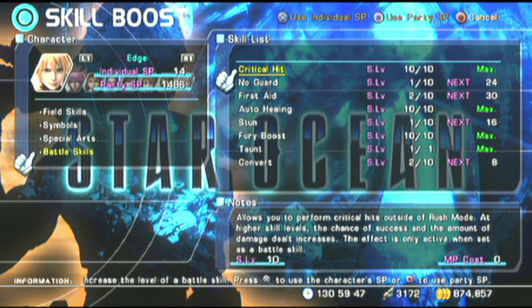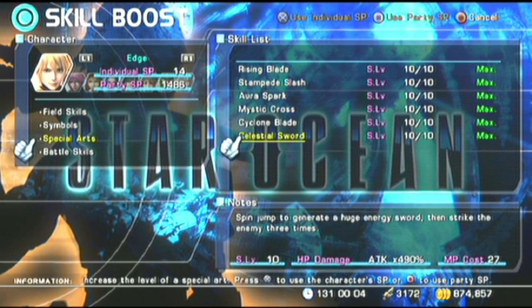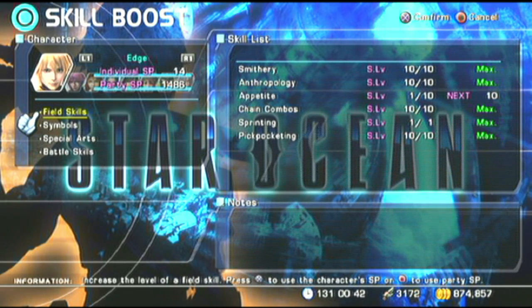Same thing basically with Edge here. Maxed out critical hit, auto healing, and fury boost. I maxed out his sword attacks. I got Celestial Sword from actually just leveling up. I maxed out Radiant Lancer and Aura Rings, because he doesn't have on like a fast cast or anything. These two will actually be kind of slow to do, but at least when he does have to do symbology attacks, it's available for him. I also maxed out his chain combos, so I think I did that before, but